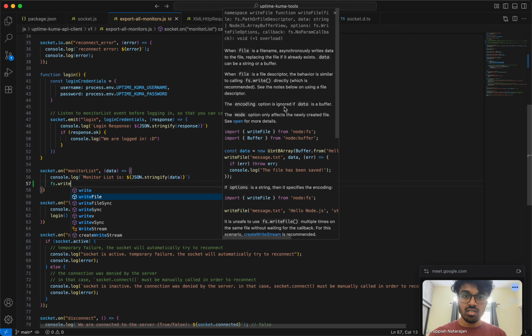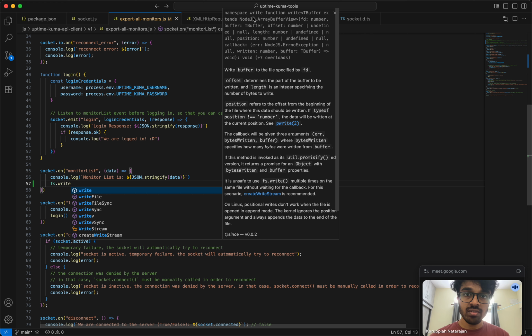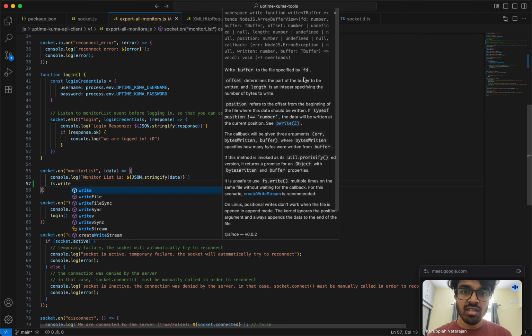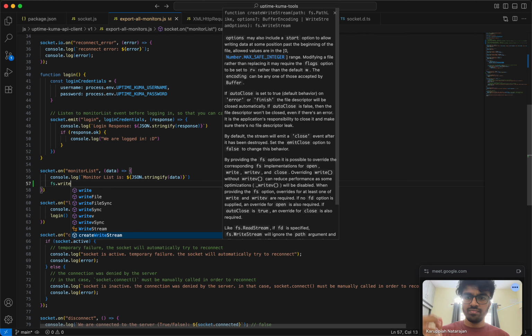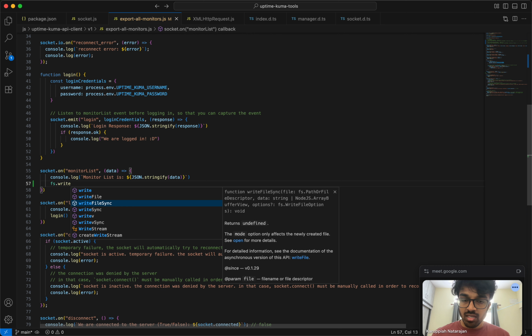Write is similar to calling this. See the notes below using a file descriptor. So if we just use a write, then file descriptor position, and then finally it returns how many bytes, and the data. I'll just say fs.writeSync, file descriptor and then... I think I'll just use this for now. So writeFileSync,